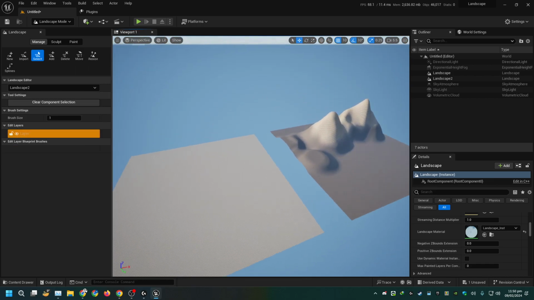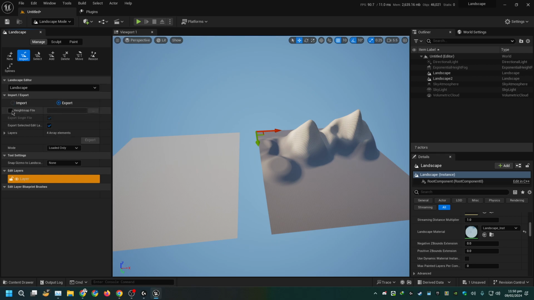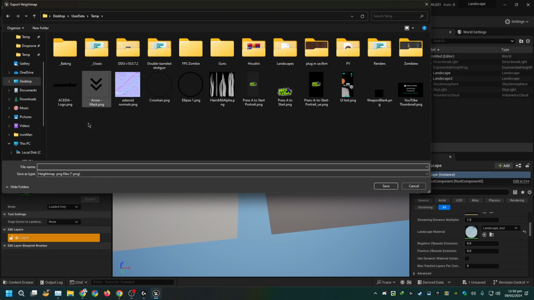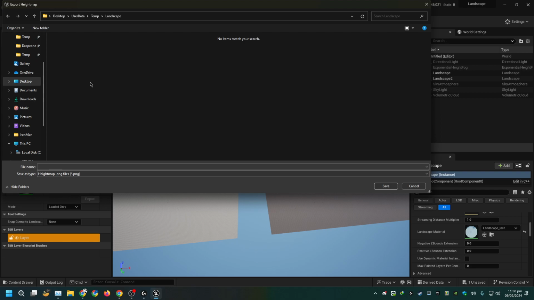So what you are supposed to do is you select a landscape, select import, use your older landscape, select export, height map, give it a path. For example, I give it landscapes and I save this landscape map as R16. This is, I guess, a 16-bit path. So sample landscape,